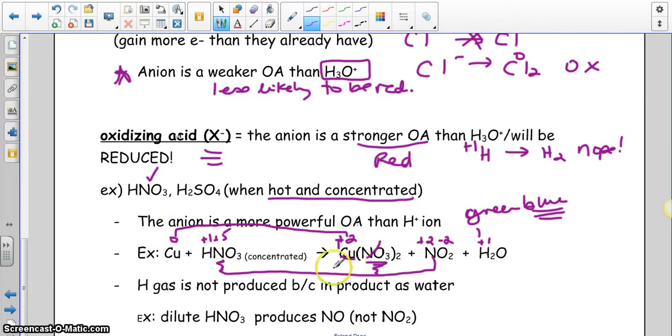So you would have to go through and do your balancing, but this is balanced in acid because of the fact that it's literally reacting with a very strong acid. And you can note that this nitrogen here is a plus 4, so that's actually gaining